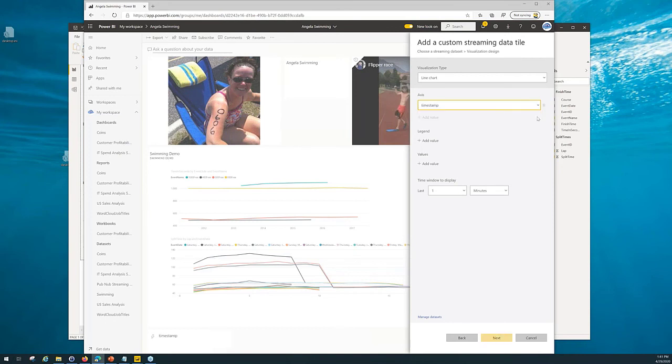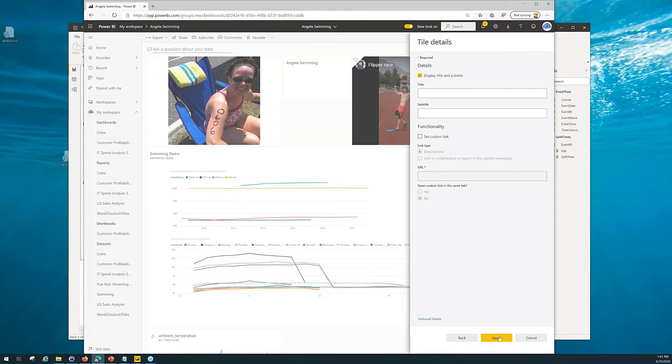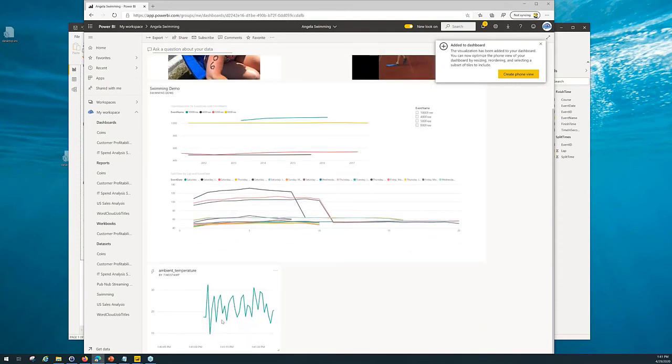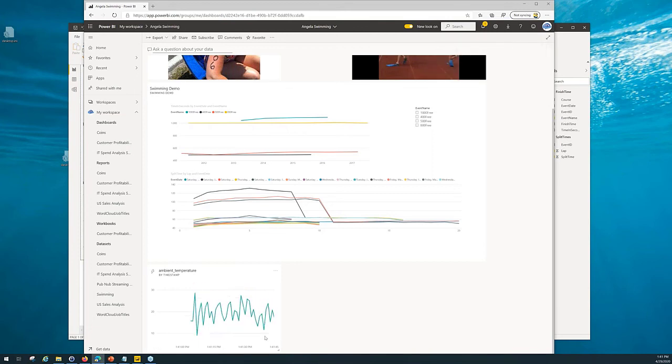So we want to, over time, look at the temperature. And we'll say next. And we can give it some titles and all that kind of stuff. For brevity, we're just going to come down here and look at that. It adds to the bottom again, but it's streaming that data live on my dashboard.